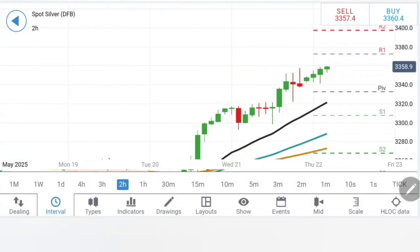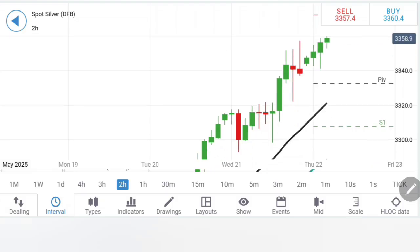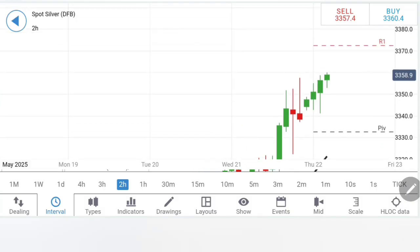Coming to the 2 hour charts, look at the 2 hour charts here. See consolidation, then rise, retracement, then again the rise. Now 33.40 has become the next base which it has to breach, and then 33.20 and then 33. Three key levels here for the day. If at all silver trades below 33 today, you can say the bears are taking over, else do not treat